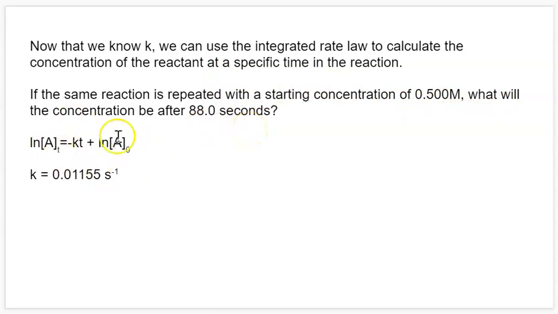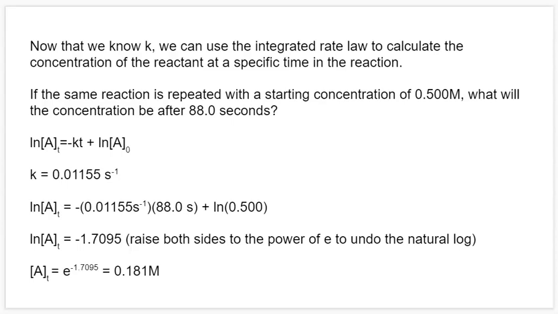So now we can use our integrated rate law. The natural log of A at time t, which is going to be A at time 88 seconds, is going to be equal to negative kt, so the rate constant, which we calculated as 0.01155 inverse seconds, times t, which is going to be 88 seconds, plus the natural log of the starting concentration, which is going to be 0.5 molar. So I could start solving. I plug everything in, and then I end up with the natural log of A at time t is equal to negative